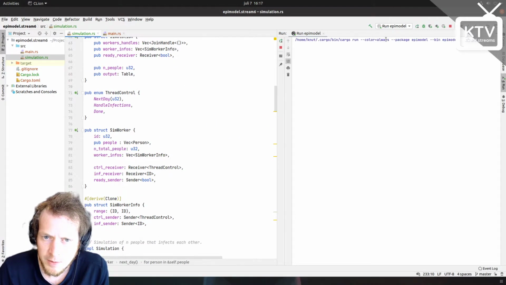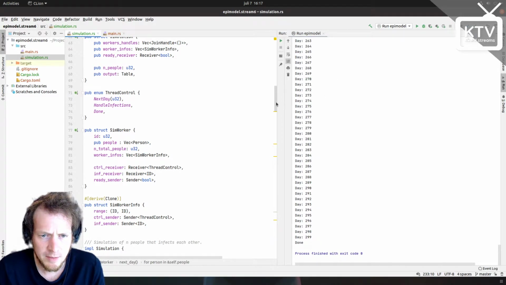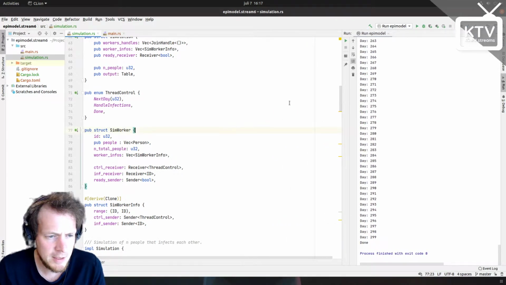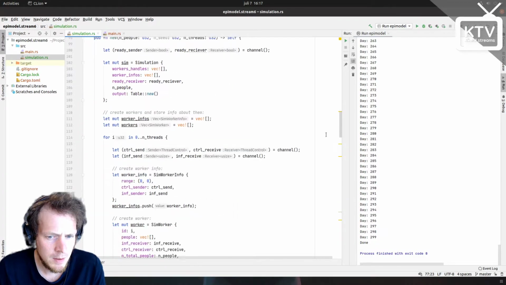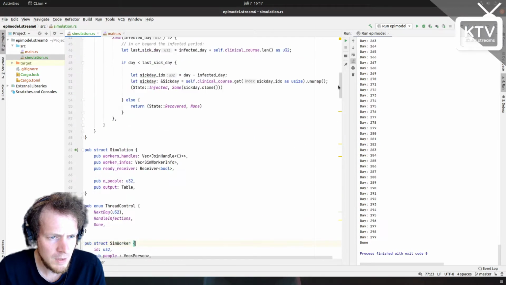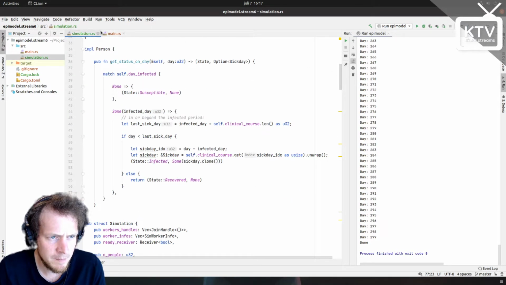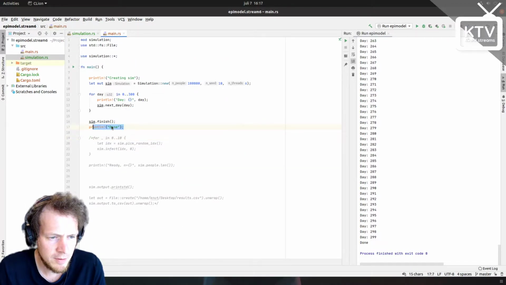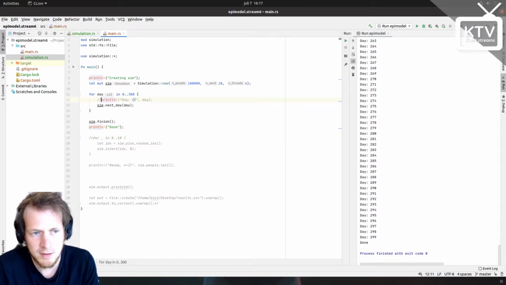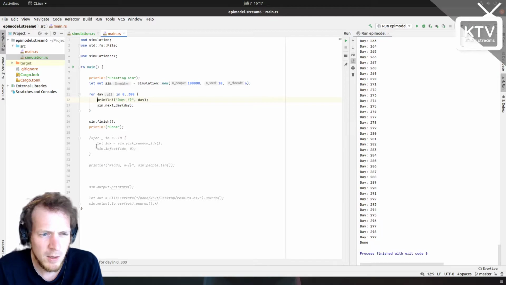So, okay, again, it compiles, it runs. We can run up to 300 days. Actually, let's get rid of that little notification because that is super annoying. Or actually, let's keep that in. And the reason is that it's nice to know that it's running. But if we just give it a little